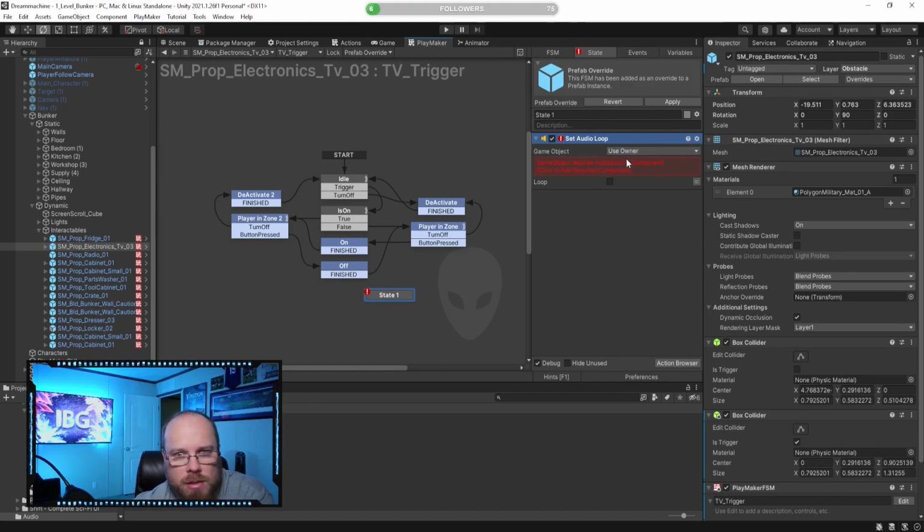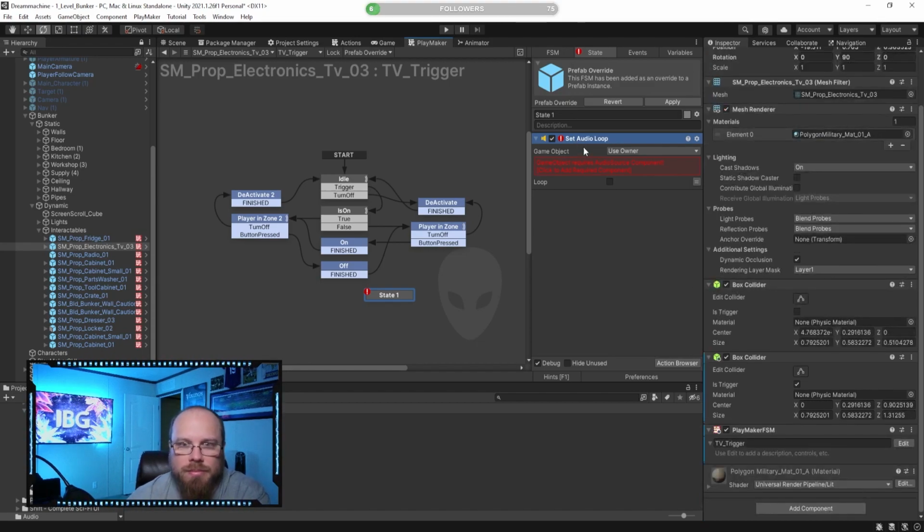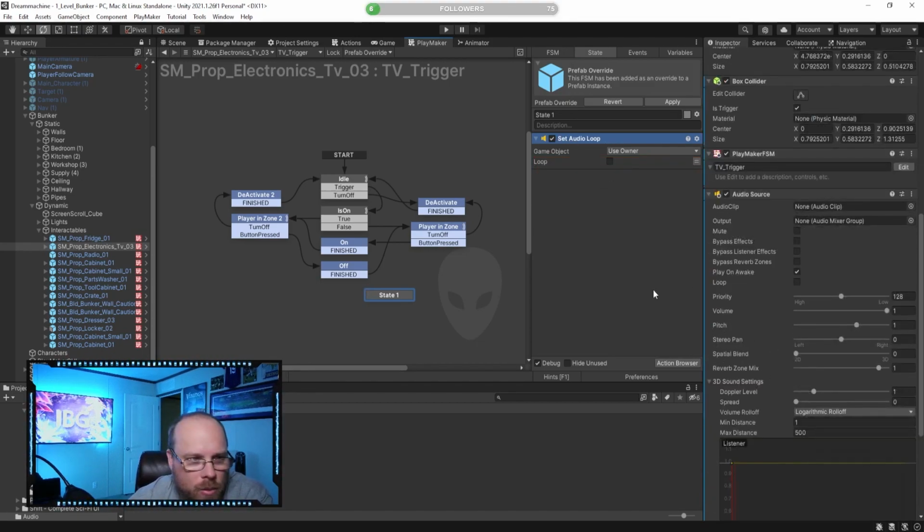But it requires an audio source, which is fine. We could put an audio source on the TV itself. That's fine. It'll work, but